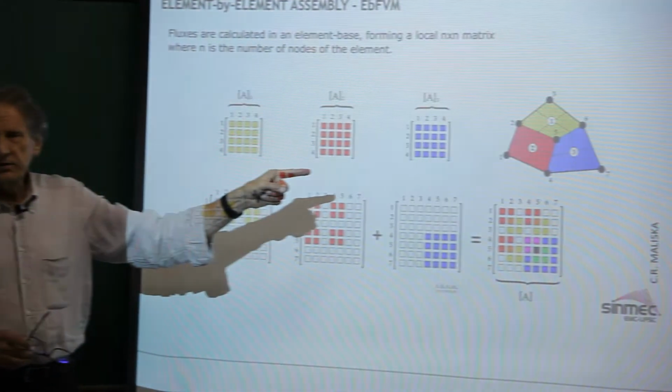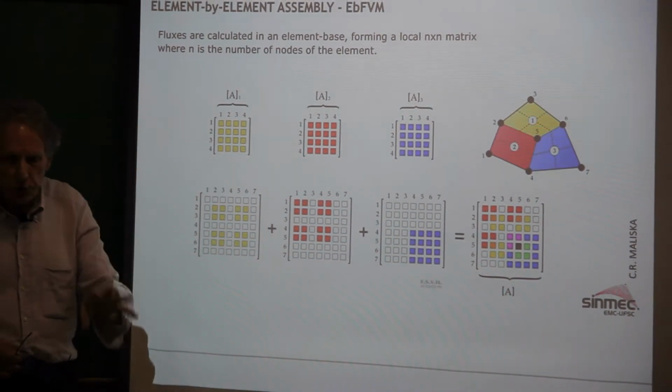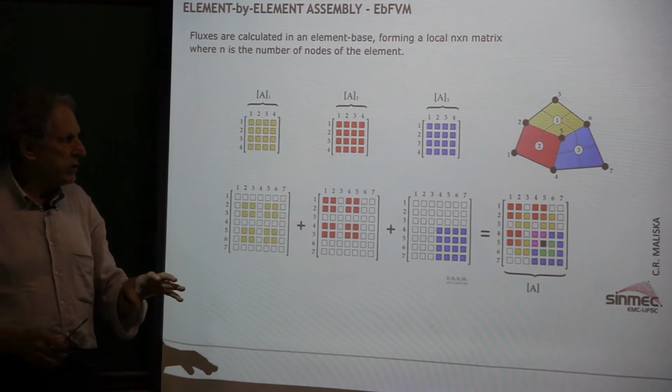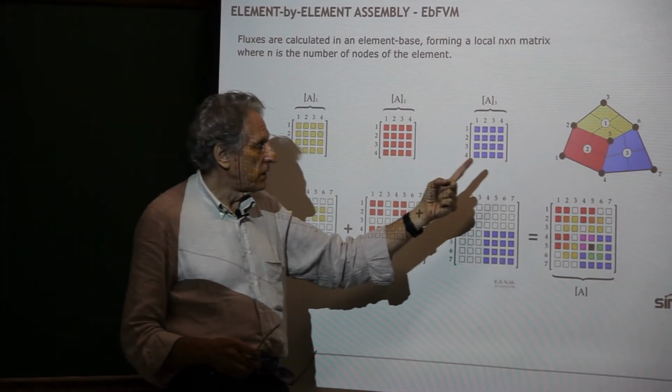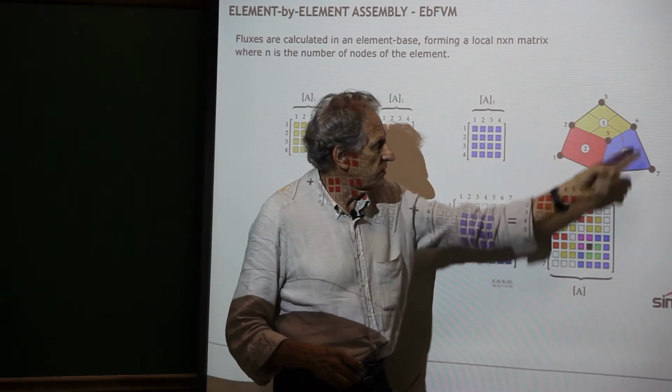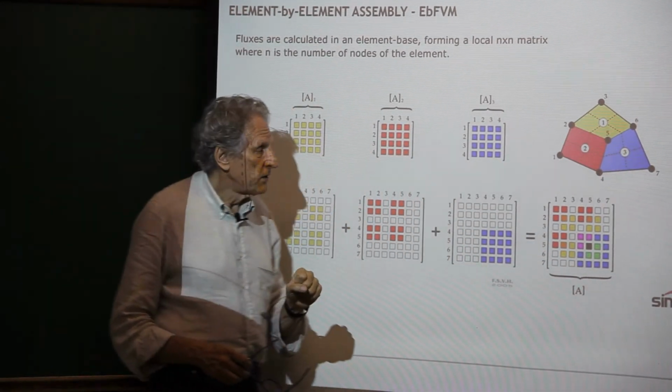I have 3 elements there, right? Then when I sweep by elements, I will create 3 matrices. They are all 4 by 4. This is 4, this is 4, this is 4. They are all 4 by 4. So I have 3